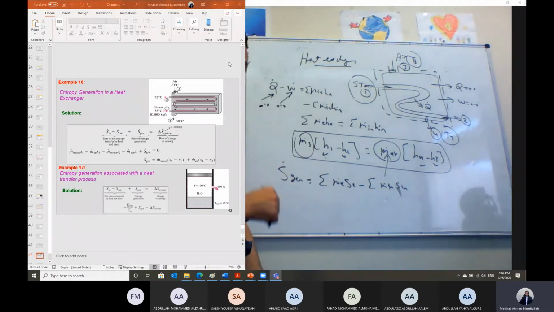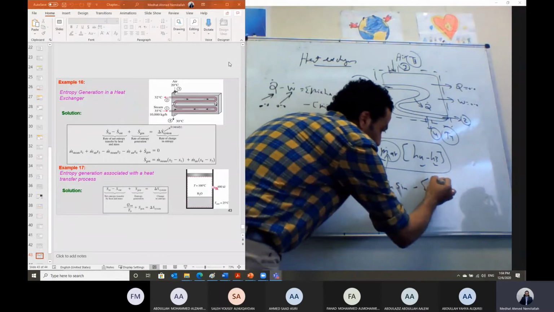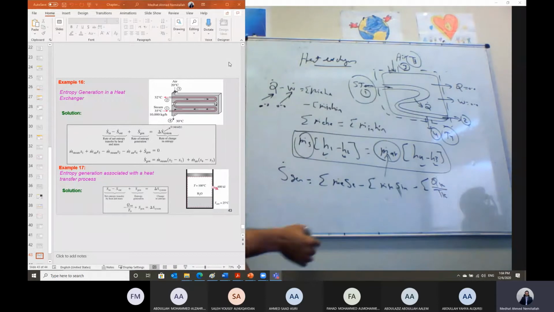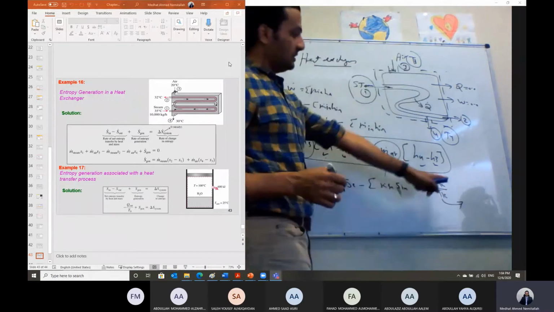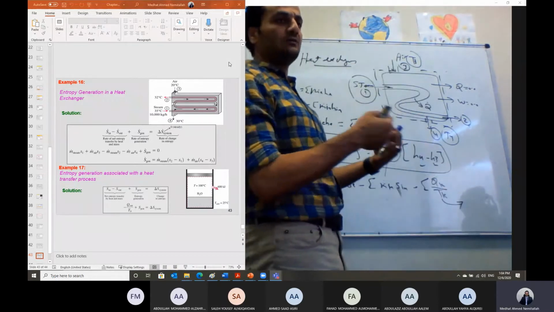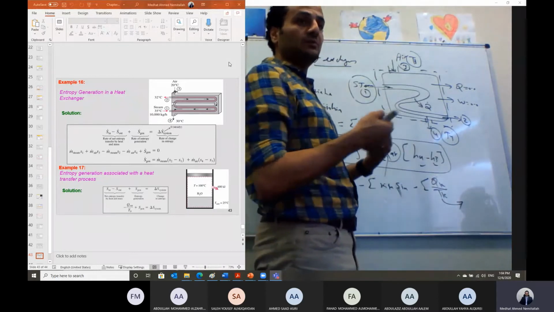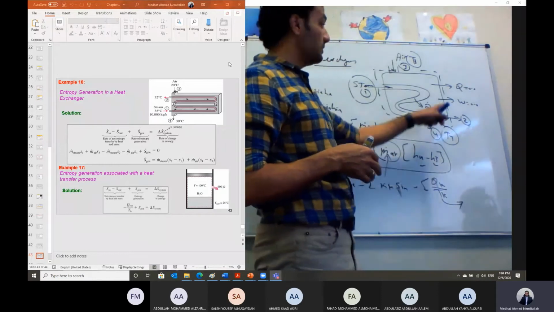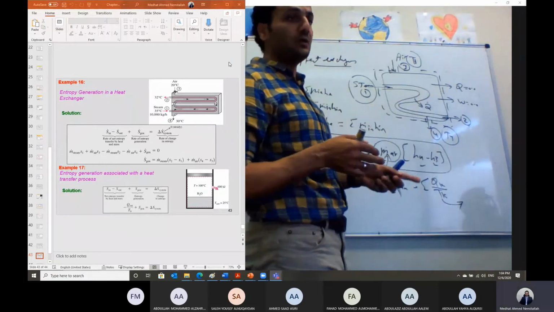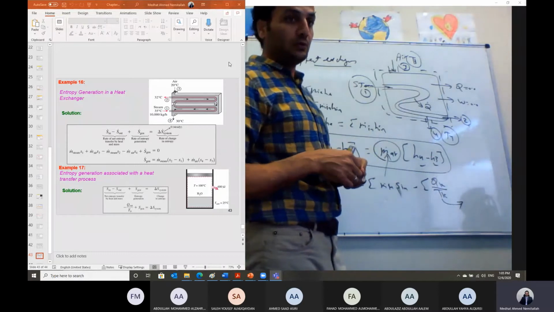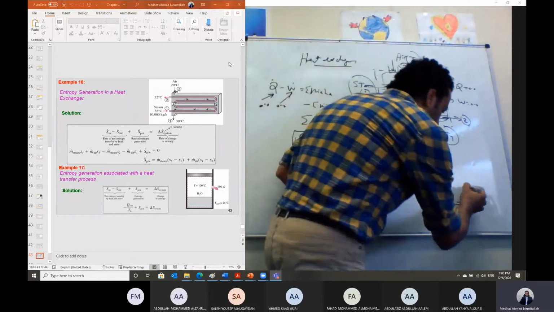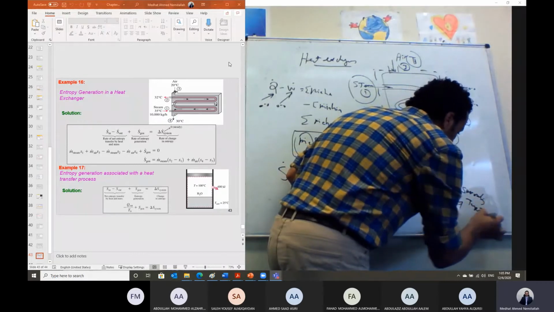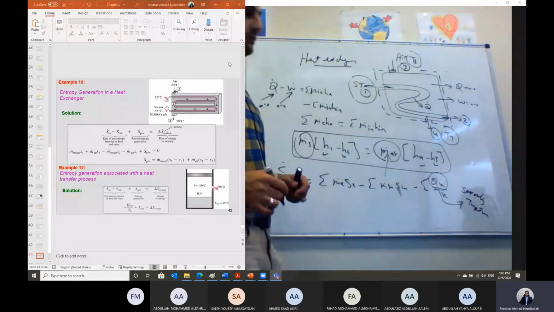And also entropy can transfer by heat. Then I will add here minus the summation of Q dot k divided by Tk. We say Q1 divided by T1 plus Q2 divided by T2, but this is a generalized case. Usually for a heat exchanger or any system, we consider only one source of heat. So this temperature is the surrounding temperature,